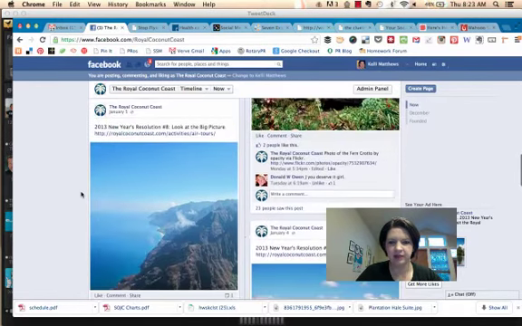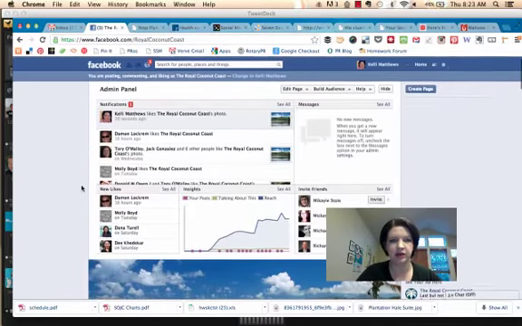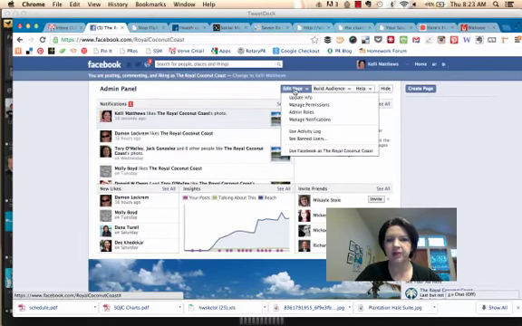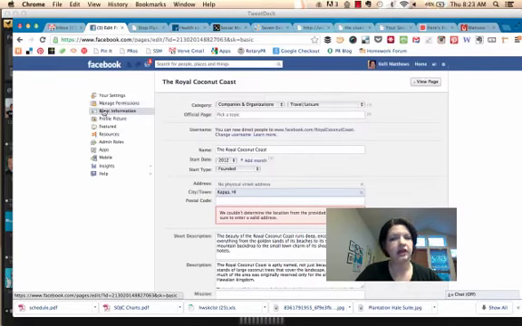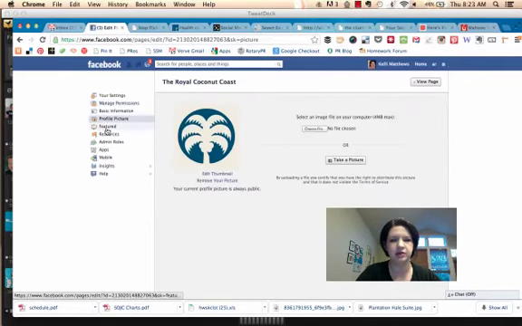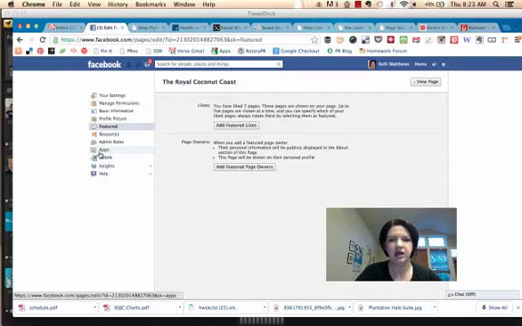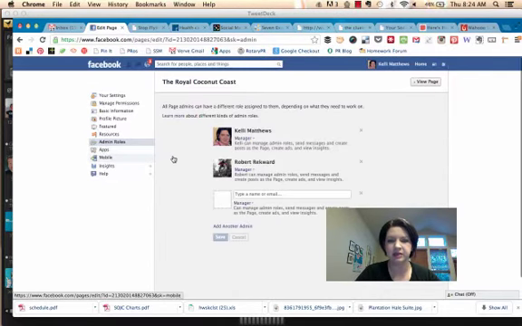So I think that covers the basics of the way that posts work. I do want to show you one other thing. Under Edit Page, if you want to update your information, this is really your name, descriptions, what kind of products you have, your hours, your profile image, all sorts of things are under that section. And there are admin roles. So when you go to the admin roles section,